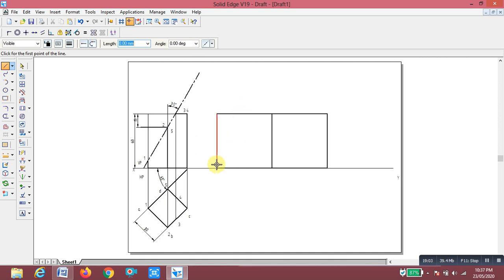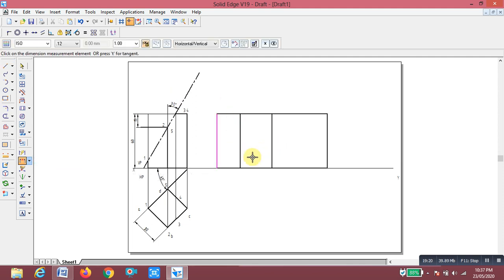Maintain a distance between this and this, we are going to maintain 30.